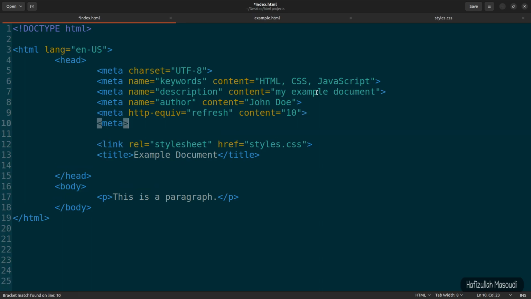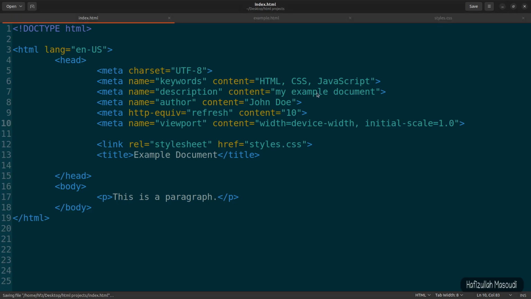So in here let's say meta, and let's say name should be viewport, and for the content let's say width should equal to device-width, and let's put a comma, and let's say initial-scale should equal to 1.0. Now I will explain this viewport meta tag in a moment, but for now let's get back to our